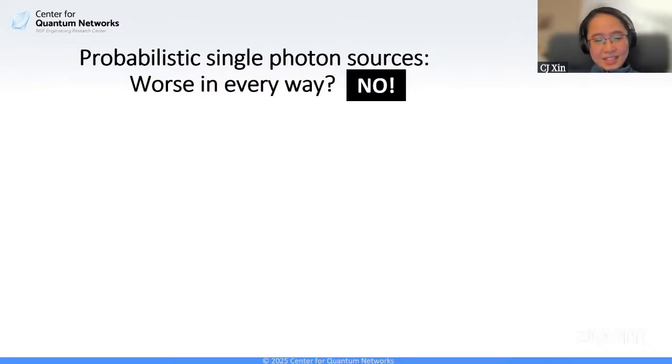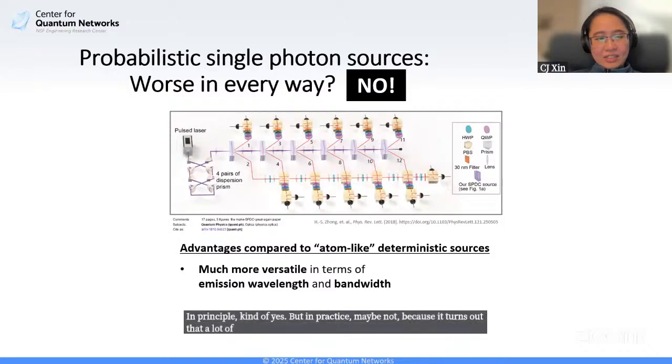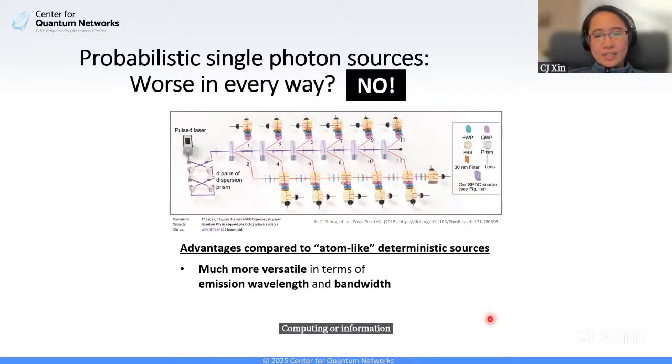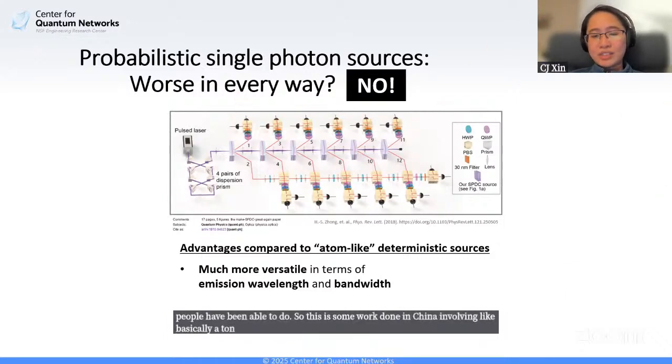But in practice, maybe not, because it turns out that there are some distinct advantages compared to atom-like deterministic sources that have made it the cornerstone of a lot of the larger scale demonstrations of quantum computing or information work, or quantum optics demonstrations that people have been able to do. So this is some work done in China involving basically a ton of photon pair sources and interfering them